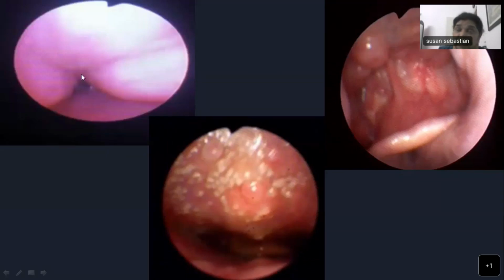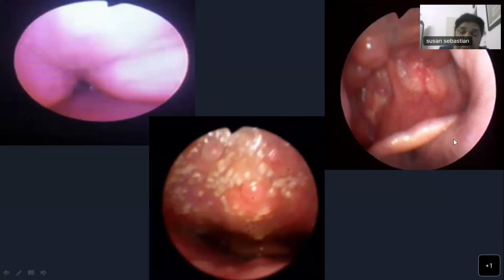You can have a nasal obstruction, mind you. It can have a collapse of the velum. This is the velum. You can see the hypertrophied salpingopharyngeal folds. This is a collapsed velum. This is a collapsed tongue. You can see a collapsed, if you look carefully underneath the base of the tongue, you can see the edge of the epiglottis. The epiglottis is getting pushed down by a bulky base of tongue. So he has got a collapse of both the epiglottis as well as the tongue base. And this is an epiglottic collapse.